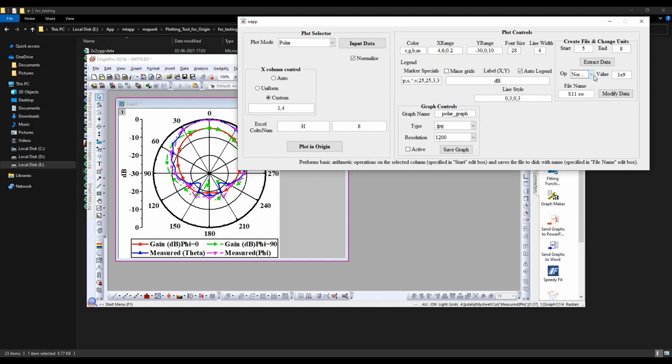Or if the data is in dB scale, then you can opt for norm dB, whereas the suffix s will indicate the normalization will be performed with the values you provided over here. I mean, the reference value for normalizing the input data will be taken from the value field. And this dB10 and dB20 will be used to convert the linear data into log scale with 10 log 10 or 20 log 10, and this a log 10, a log 20 are the anti-logarithms for you to convert the logarithmic values into linear scale, and these are the basic arithmetic operations that you can perform.